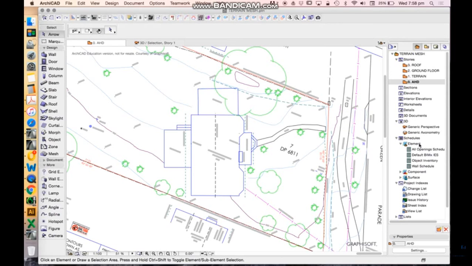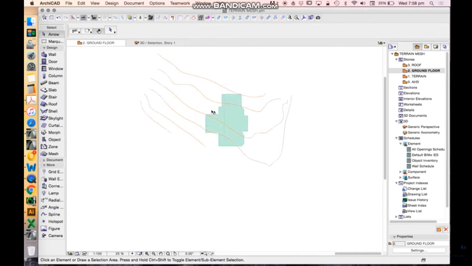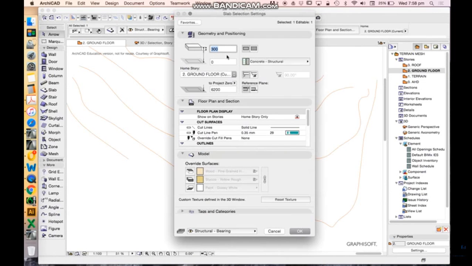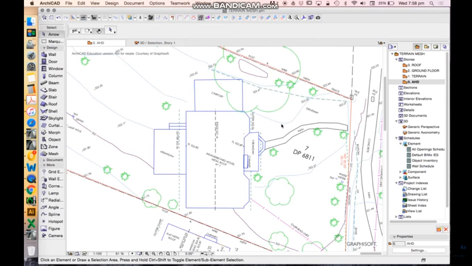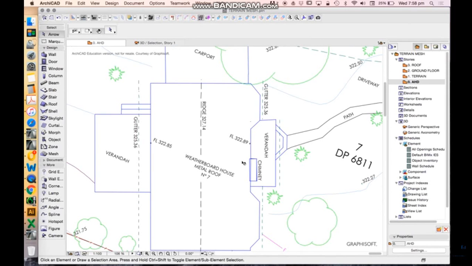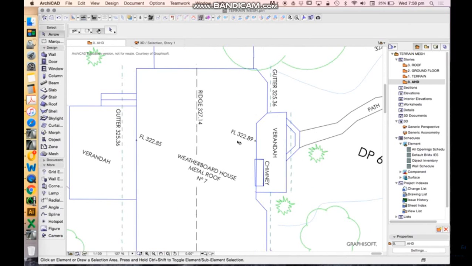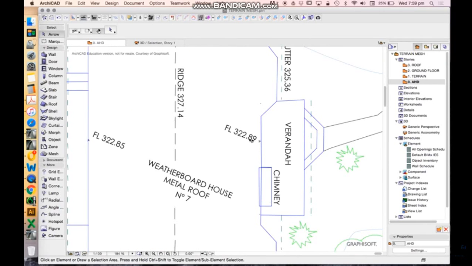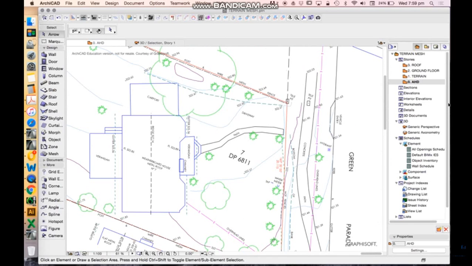I'm using Command X on my Mac, and I'm going to go up to the ground floor and I'm going to paste it. Now it's very important that I pasted this object at 0 to my ground floor. Now, how do I get this right? If we go down to the AHD, we see that this floor level is sitting on, it's not one for the carport, unfortunately, around about 322 meters, 890 or 850. So there's 40 mil difference from front to back, which is pretty scary, but that's what happens in old